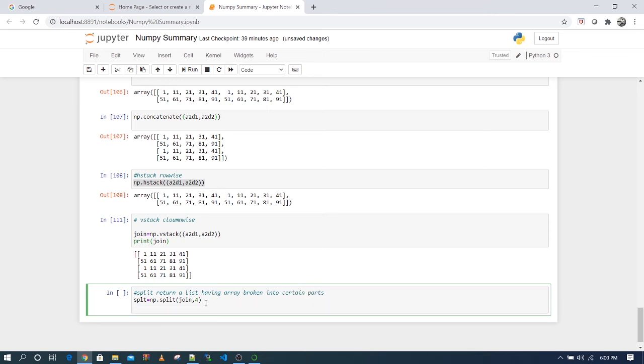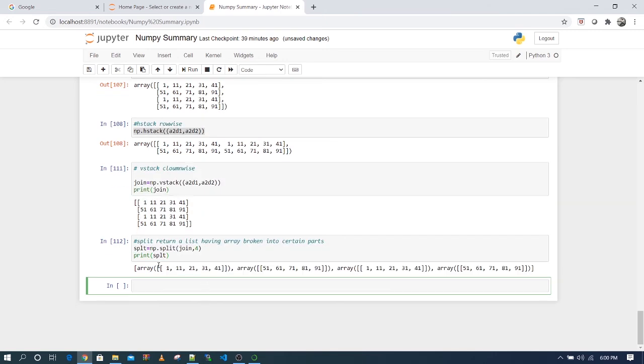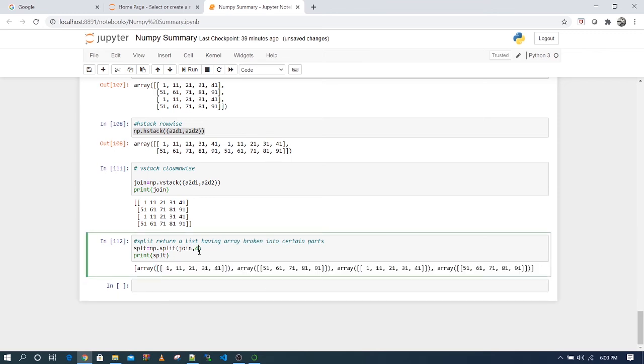Now let me show you what the split function returns. So you can see I have a list of lists. If I have passed 4, I have 4 elements, each element having one row.